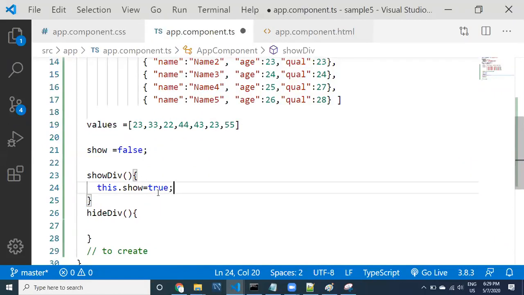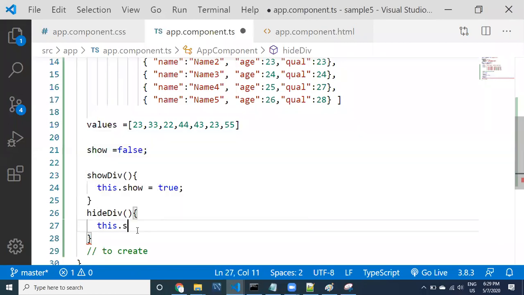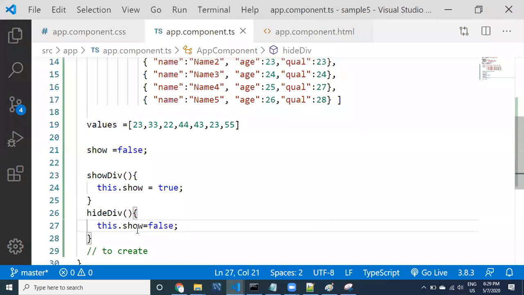All right. See here, guys. I'm accessing this property, and I'm saying this.show equal to true. And if I want to hide it, what I need to do is set show equal to false. I'm just changing the property. Based on this property, the HTML ngIf is going to act. Angular knows how to display and how to hide.